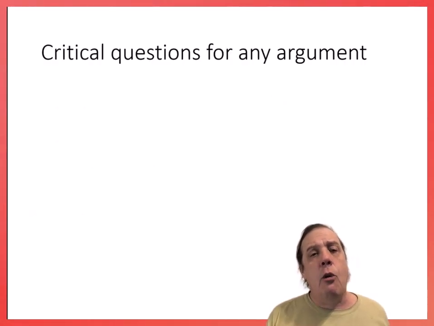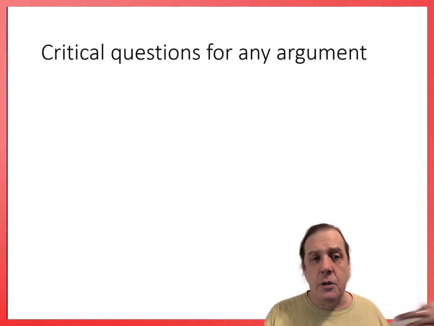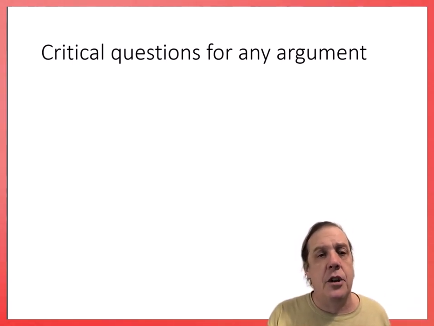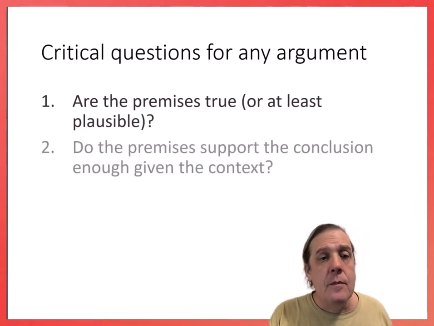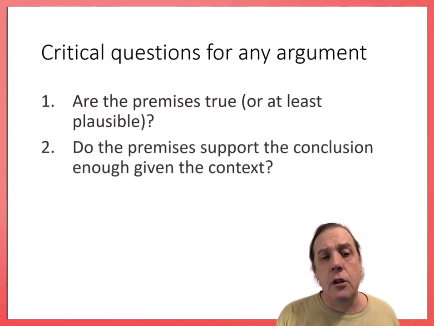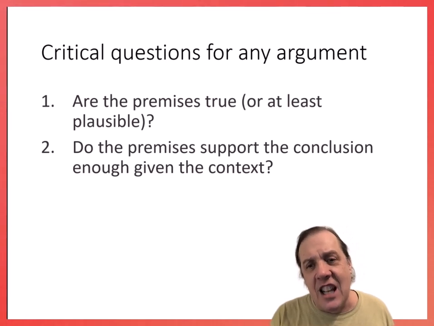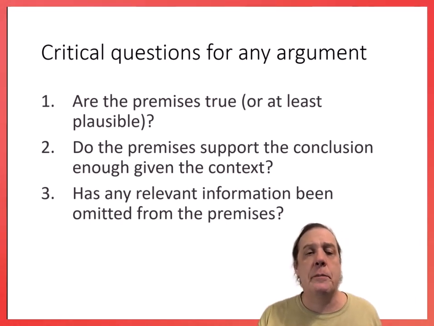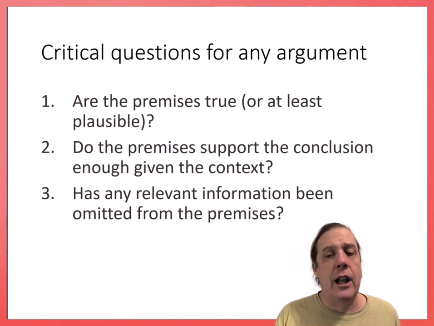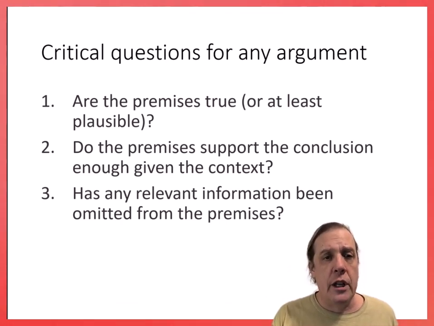So, the critical questions that we ask for any argument are just based on those three checks that I just mentioned. Are the premises true, or at least plausible? Do the premises support the conclusion enough, given the context? And has any relevant information been omitted from the premises? And like I said, there'll be more specific questions that we can ask about arguments by analogy. First, I want you to notice a bit of the wording here. So for the first question,